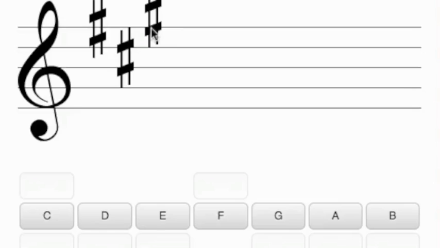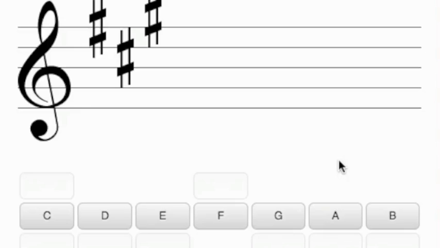So again, I've got sharp keys and I'm going to look at the last sharp here. The last sharp is G sharp. Now, a semitone above that is A. We know that this is the key signature for A major. It could also be the key signature for its relative minor, which is F sharp minor, but at this stage, as I say, we're just dealing with major keys. So that's looking at the last sharp, counting up one semitone